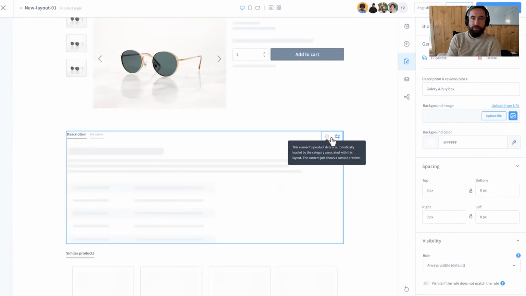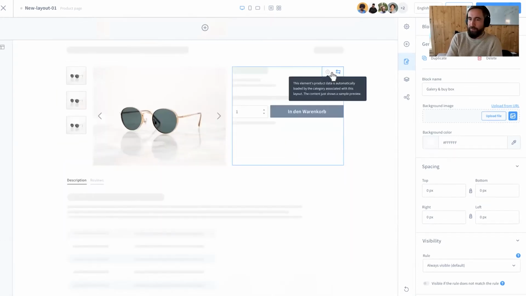And with these new possibilities, you will be really flexible. For example, if you know the content management, the blocks do have slots, several slots, and in those slots there can be different elements, for example, image or text or gallery or whatever. And it will also be possible to change those blocks and to switch those elements. For example, if you do not want to have a buy box there, you could switch it to a normal text block, or you could